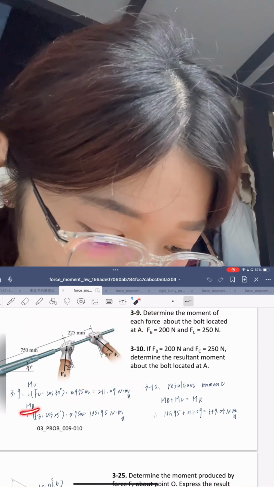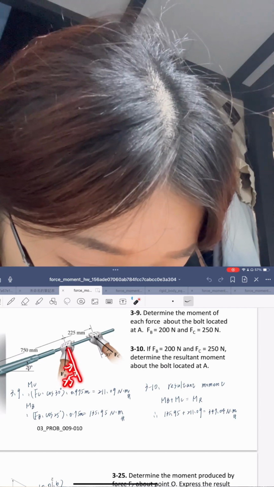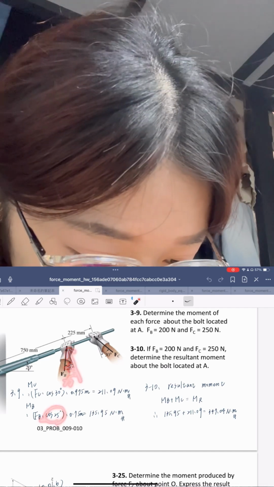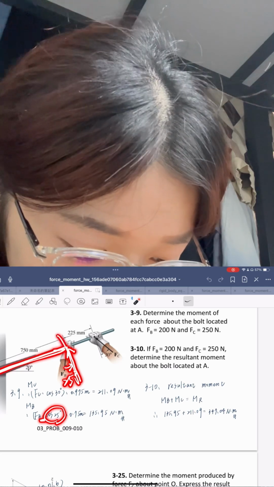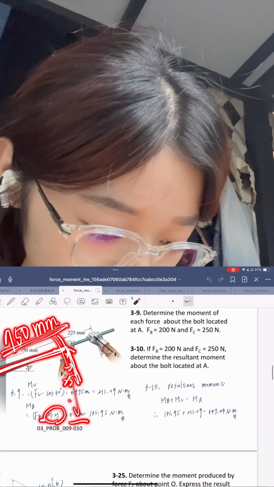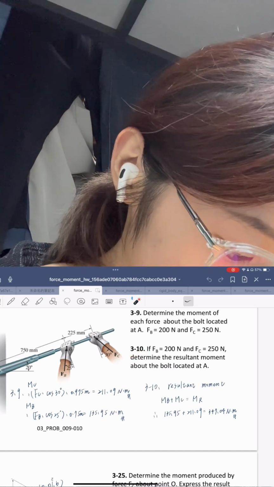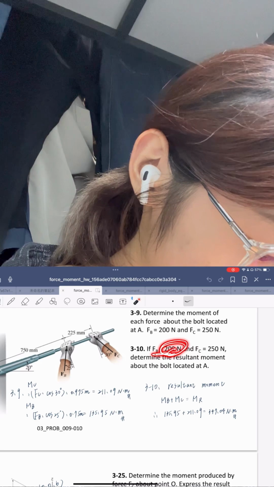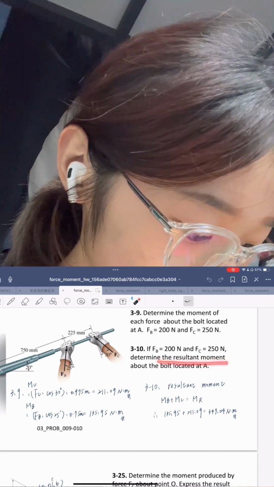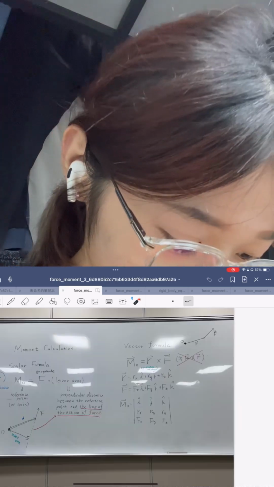And the MB with the same FB have the 25 angle with this, so we have to multiply with the cosine 25 angles, and which the distance is, so change for the meters, we know the answer. And the next 3.10, if force B is 200 and FC is 250, determine the resultant moment about the block located at A. Resultant force is this is with the first moment,